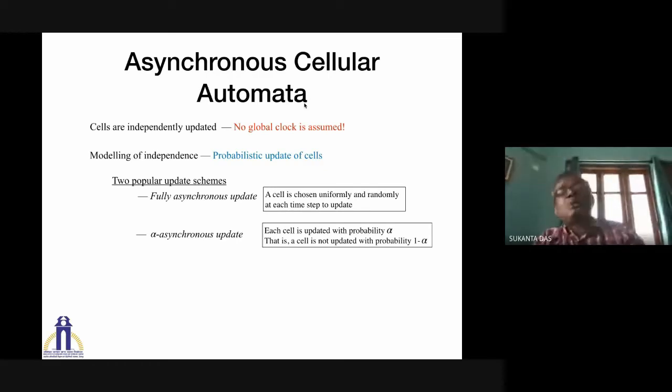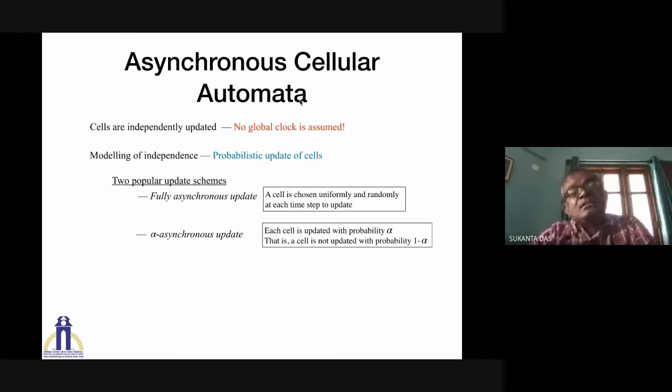Most of the literature you find considers one of these two updating schemes, and in almost all cases,